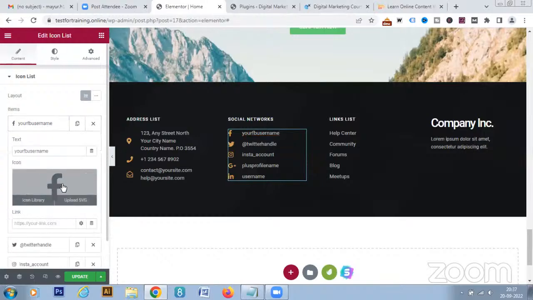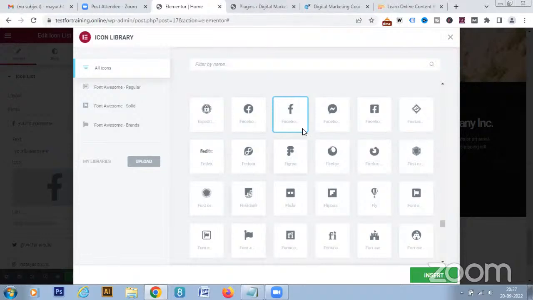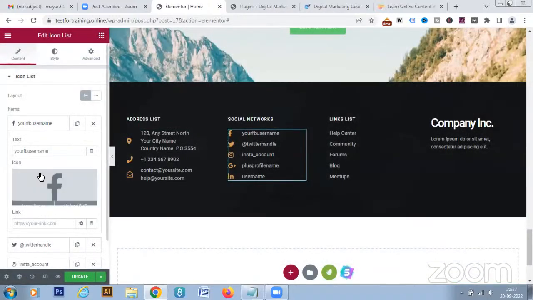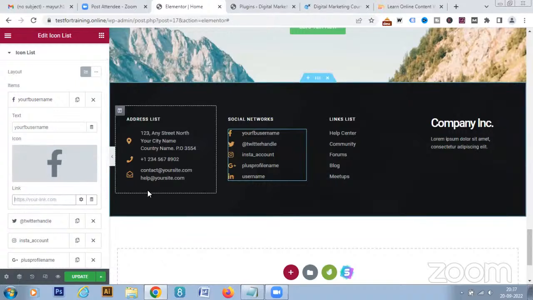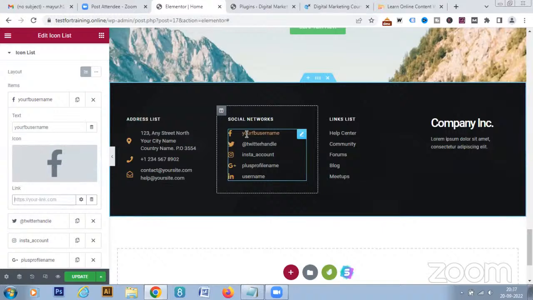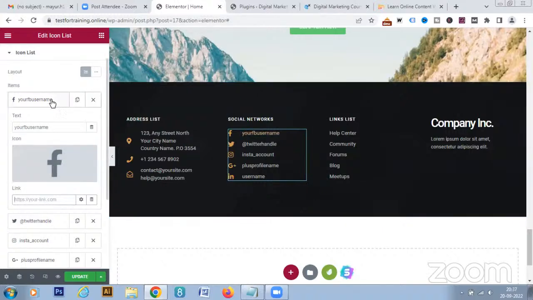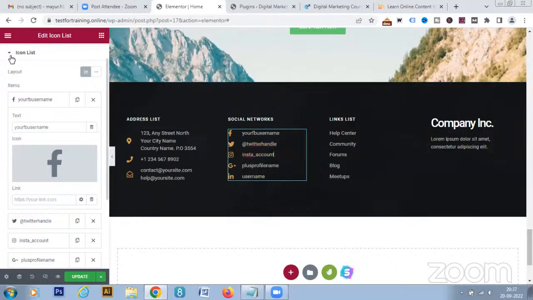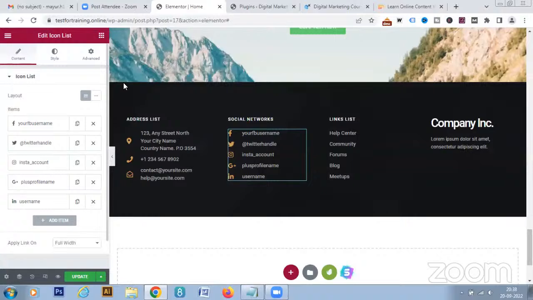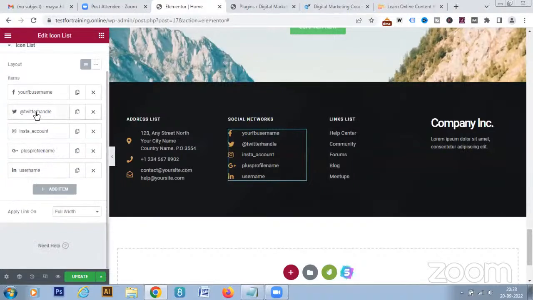So here the icon library is there. I can go to the icon library, all the different social media icons are here, right? So in the icon library I can select and here I will add my Facebook link, right? So whatever my Facebook page link would be, I will add that Facebook page link here, so that whoever is coming to my website and wants to visit my Facebook page can just click on this and come to my Facebook page. Again, I'll do the same thing for Twitter, my Instagram, all the handles. They can just click on it, and again for the Twitter handle,